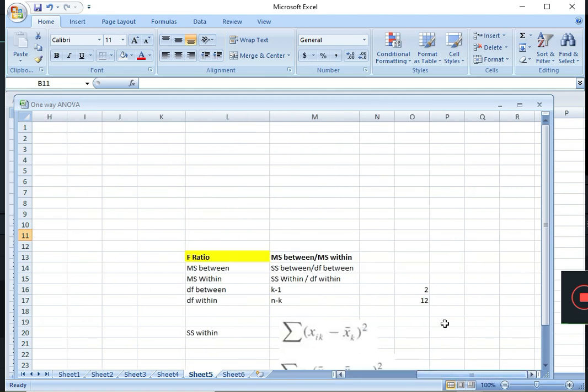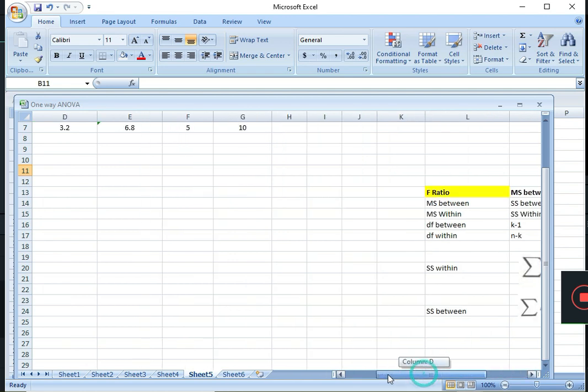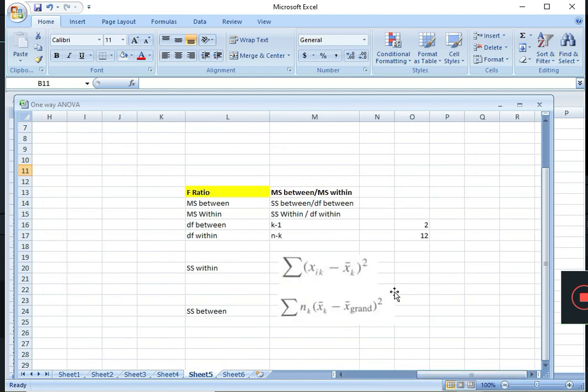Let us see the formula. N is the number of items per k. K means sample, it means 5. X bar is the mean of k. It means the mean of that sample, that group, sorry. K means group. There are 3 groups, and grand mean and square.